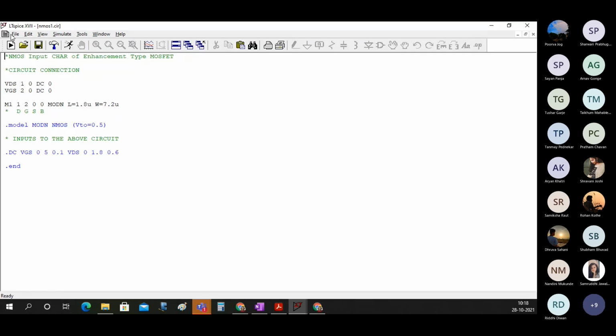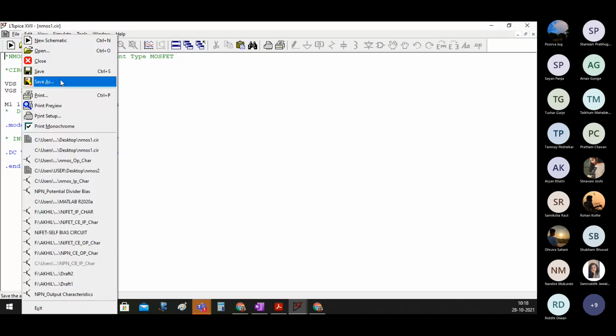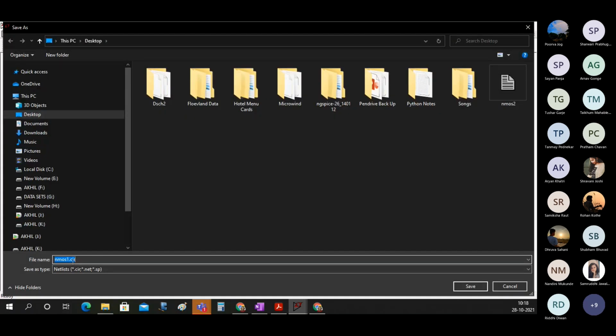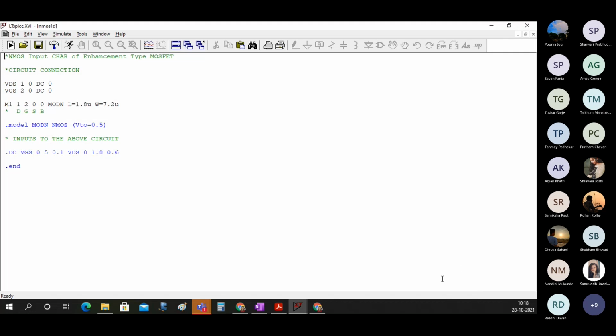So this is that file. Now I'll just save it. File, save as. I'll just write NMOS instead of NMOS1. I'll write NMOS1D.cir. That means now I'm going to do it for a depletion type.